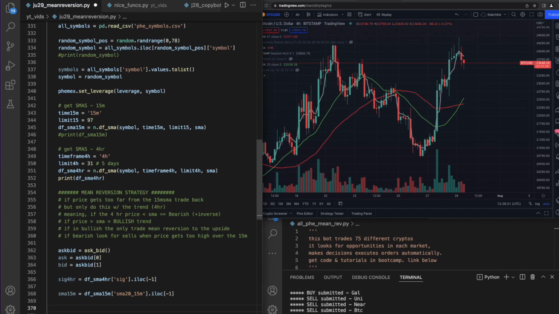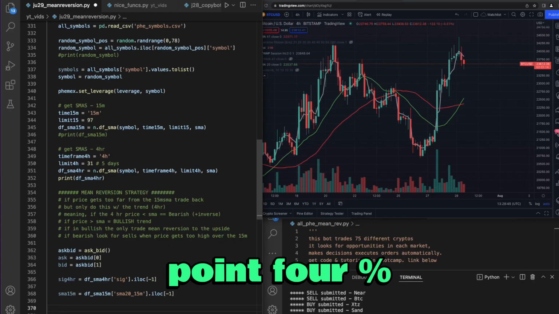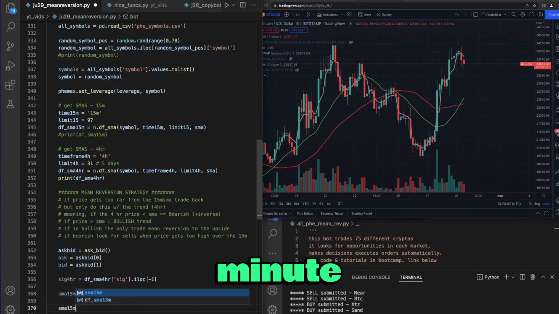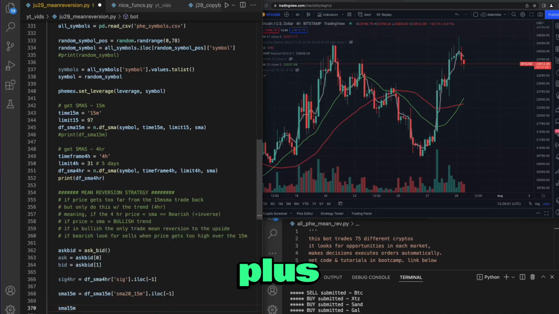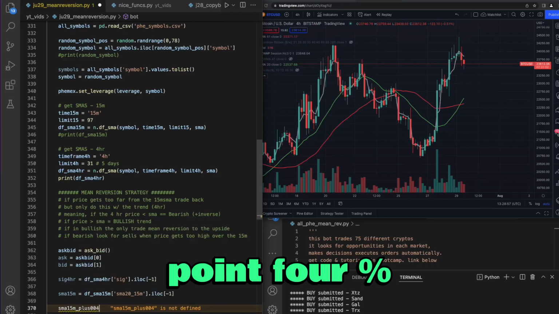Okay, and then we want to make a couple conditions on when to sell and when to buy. I'm going to use like 0.4%. Now that might be a little aggressive, but I'm going to do 0.4%. So I'm going to say SMA 15-minute plus, not plus literally, but plus 0.04, so that's 0.4%, equals